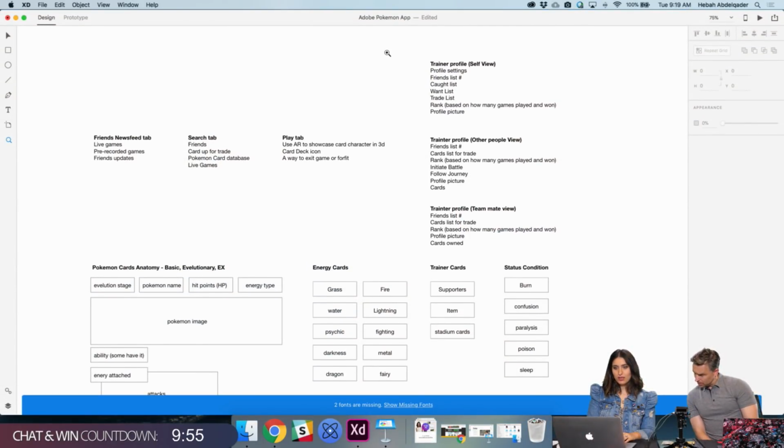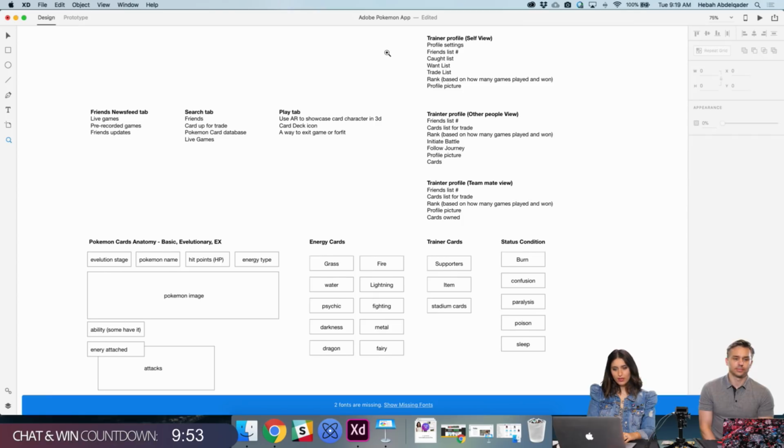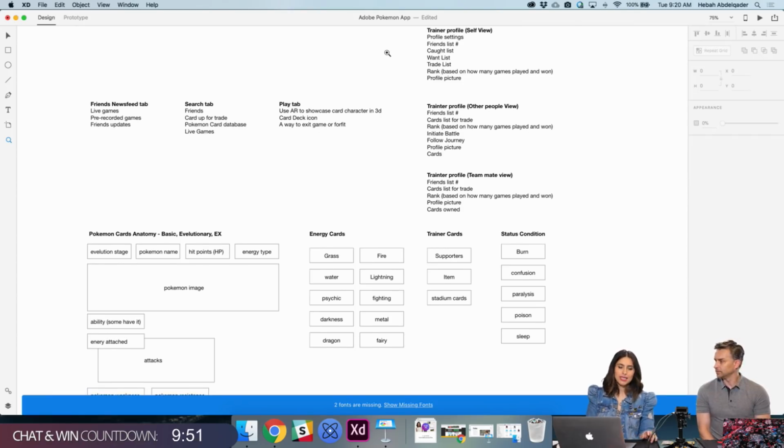This is another way that you can use Adobe. Basically, you can put all your notes in here. It's just really awesome. So what I did was, this is kind of like my hodgepodge research. I'm trying to understand what the needs are. What are some of the things that we need in this app? What are the things that my